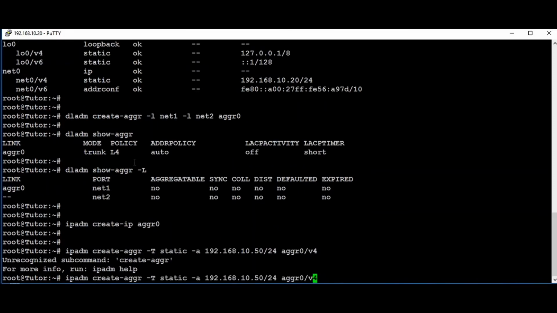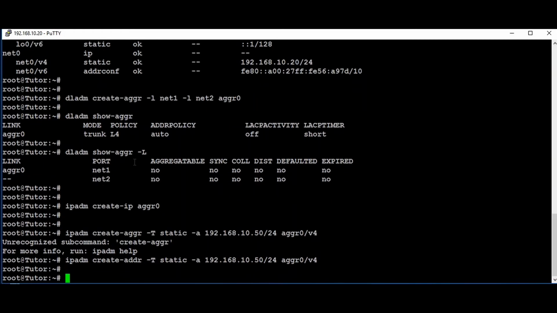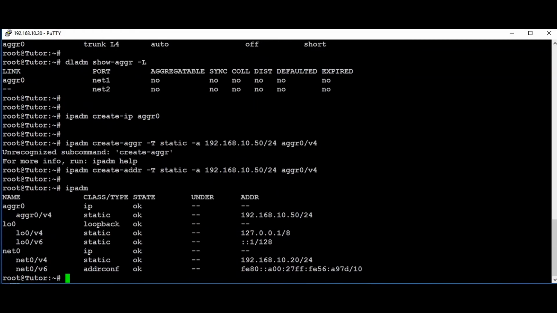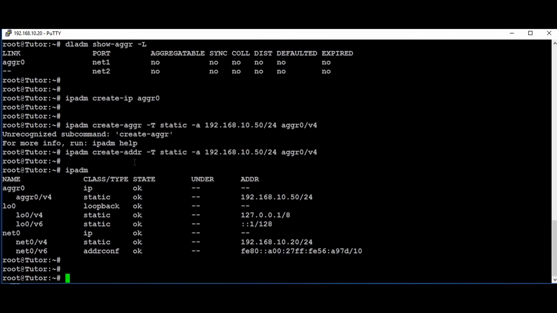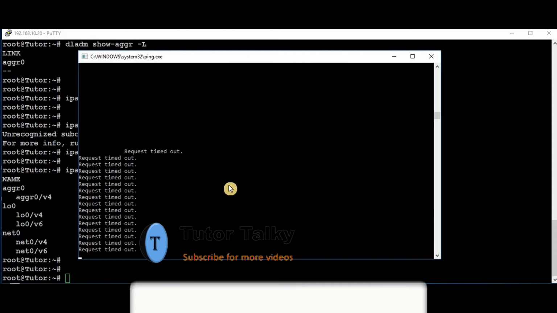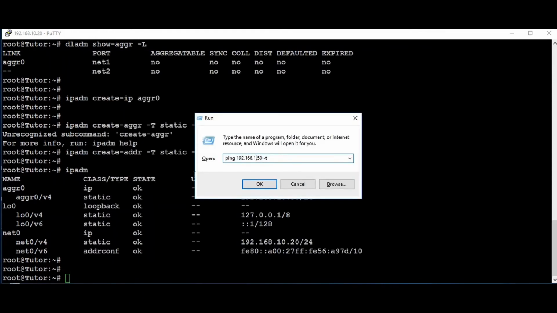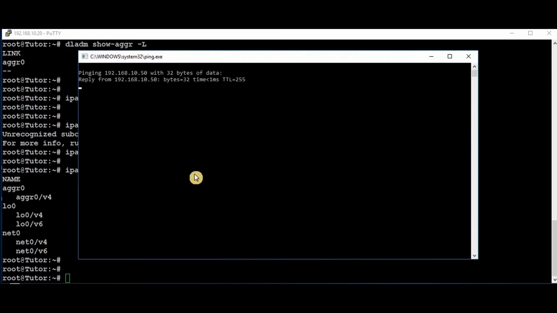Sorry, it's not create-aggr, it is create-addr. We can see the aggregation IP has been assigned using the command ipadm. It's assigned now, so we can check the ping status of the interface. Sorry, it's not 1.50, it will be 10.50. It's my mistake. Yes, it's continuously pinging now.